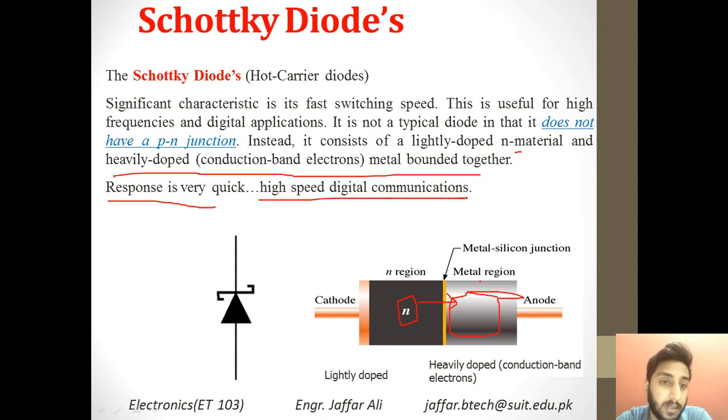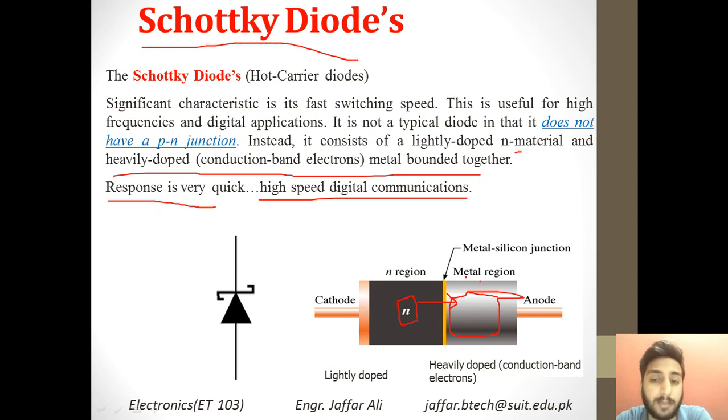For example, you are working in some very dense industry, and there are a lot of loads, and there should be a lot of switching circuits as well. In that industry, let's say there comes a fault, so you will need some device that turns off or isolates that device from another device, but it should be very quick. And for that specific reason, you will go for Schottky diodes because they have a high switching speed as compared to any other diodes.